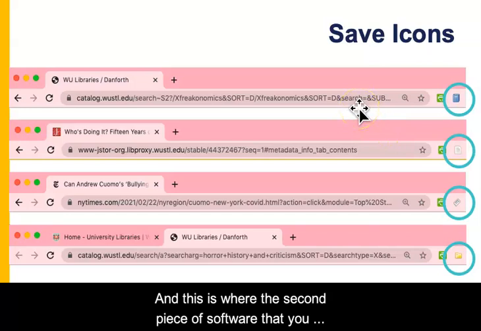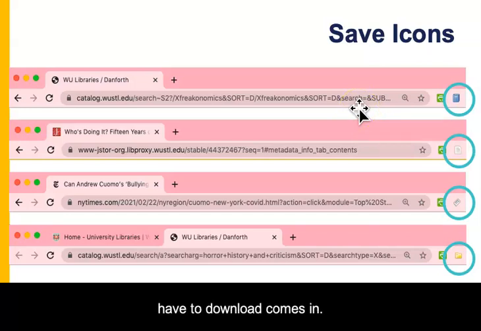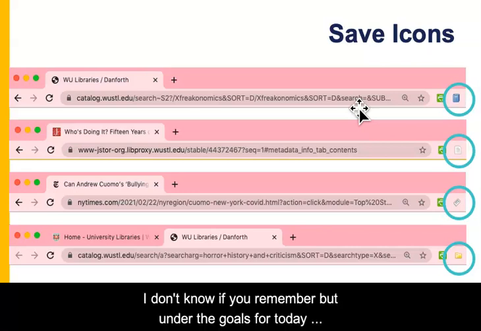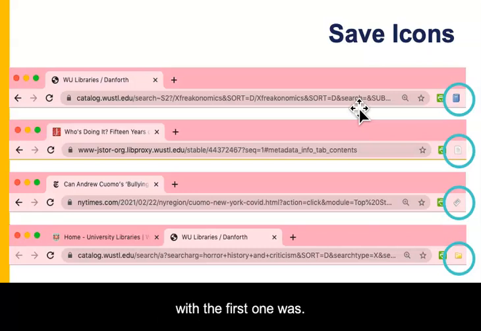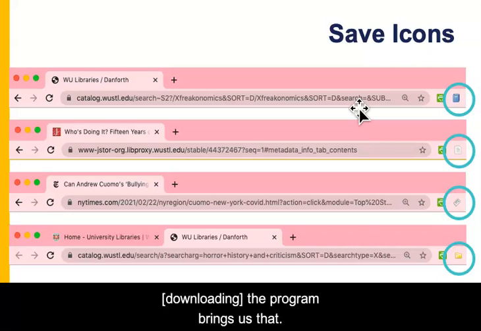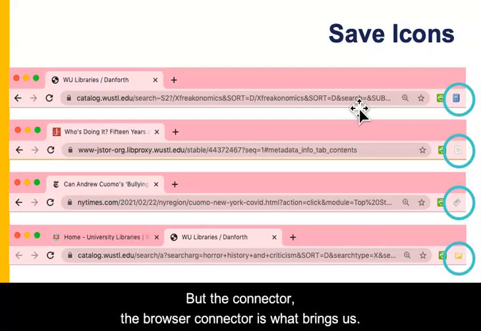And this is where the second piece of software that you have to download comes in. I don't know if you remember, but under the goals for today, the first one was install the Zotero program and connector. So the program brings us that library piece, but the connector,